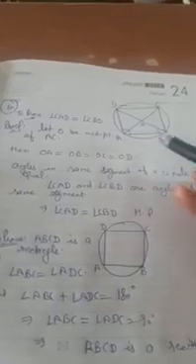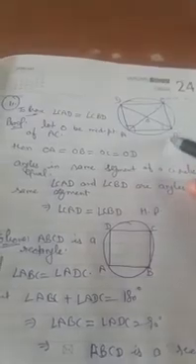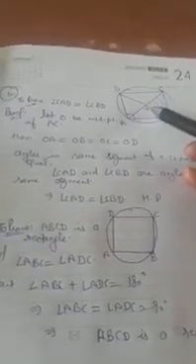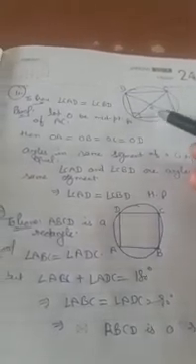Next, question number 11. Here we are given a cyclic quadrilateral ABCD. We have to prove angle CAD is equal to angle CBD. Let O be the given midpoint of AC. If O is the midpoint, then OA is equal to OB is equal to OC is equal to OD. Now we know angles in the same segment of a circle are equal. It means angle CAD is equal to angle CBD. These are the same segment angles, so both will be equal.